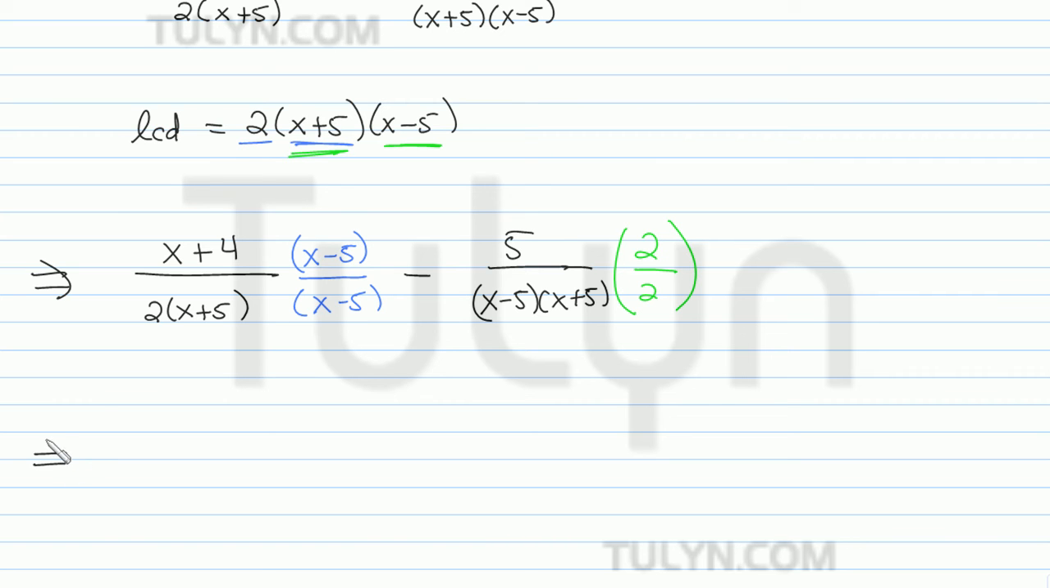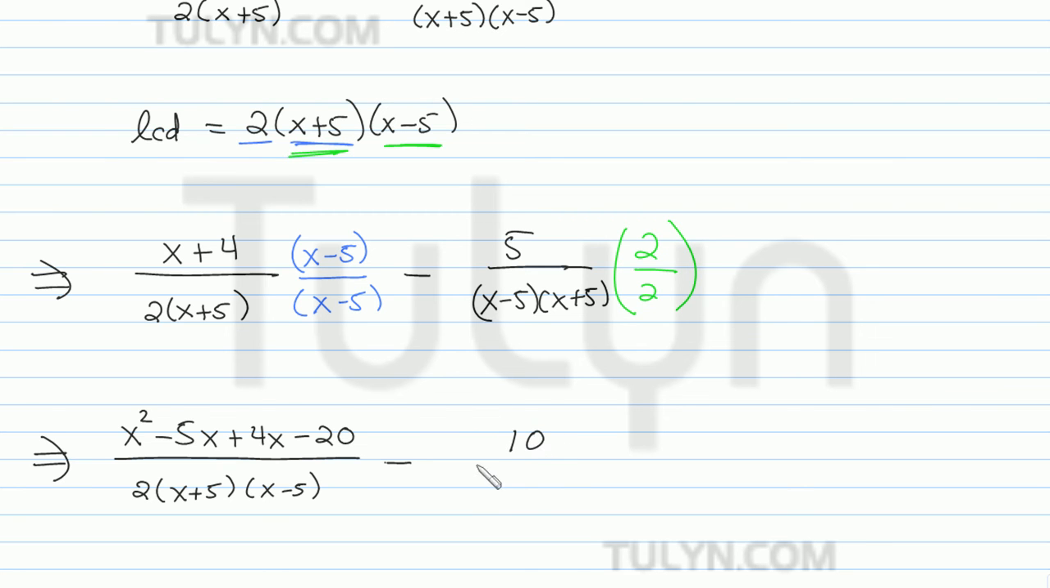So now combining everything, let's just FOIL these two products in the numerator. So we get x squared minus 5x plus 4x minus 20 on the top, and then 2 times x plus 5 times x minus 5 in the bottom. There's very little point in multiplying the denominator out at this point. We might do it later. And then for the second one, 5 times 2 is 10 in the numerator, and then in the denominator we get